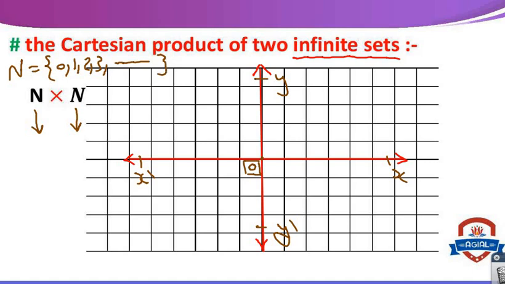Represent from 0 and all positive numbers, 0, 1, 2, 3, 4, and so on, on X, and 0, 1, 2, 3, 4, 5, and so on on Y. Okay, and this region